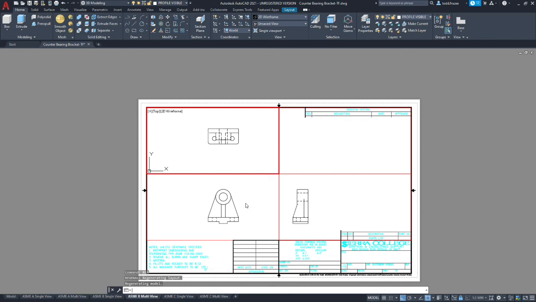Okay, the next step is going to be to explode. You want to make sure we're exploding these views into separate entities so we can move different elements onto different layers. You want to make sure that your views are positioned where you want them, because after you do the explode, they are now separate entities and won't move together. So you need to be careful. So we're going to do step 32.